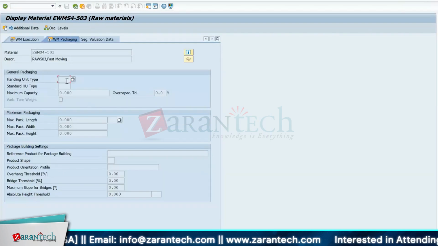So within WM packaging, these two tabs, WM execution and WM packaging, are the two tabs through which the data we maintain over here will flow into EWM. So what happens is that when we are maintaining the data, sometimes in certain projects, they only maintain this handling unit type data for the packaging materials,